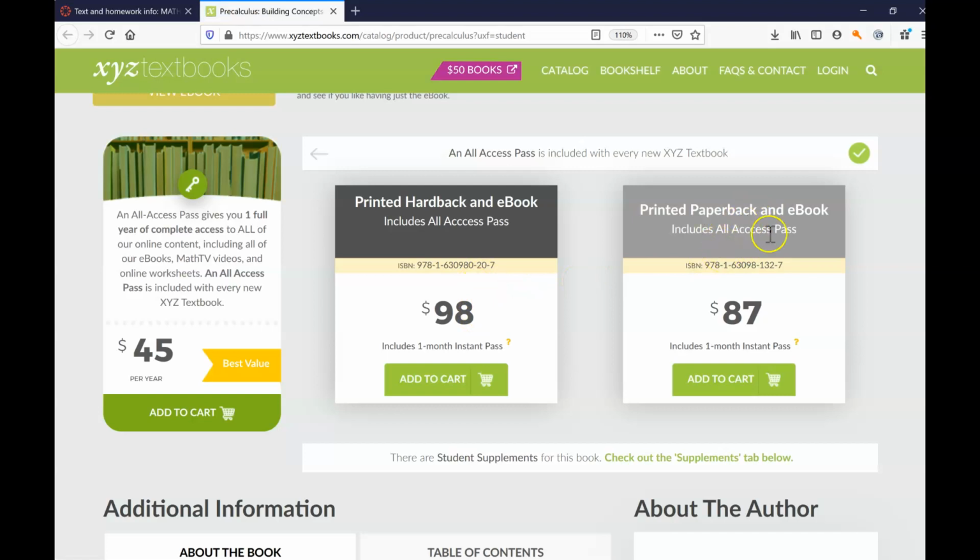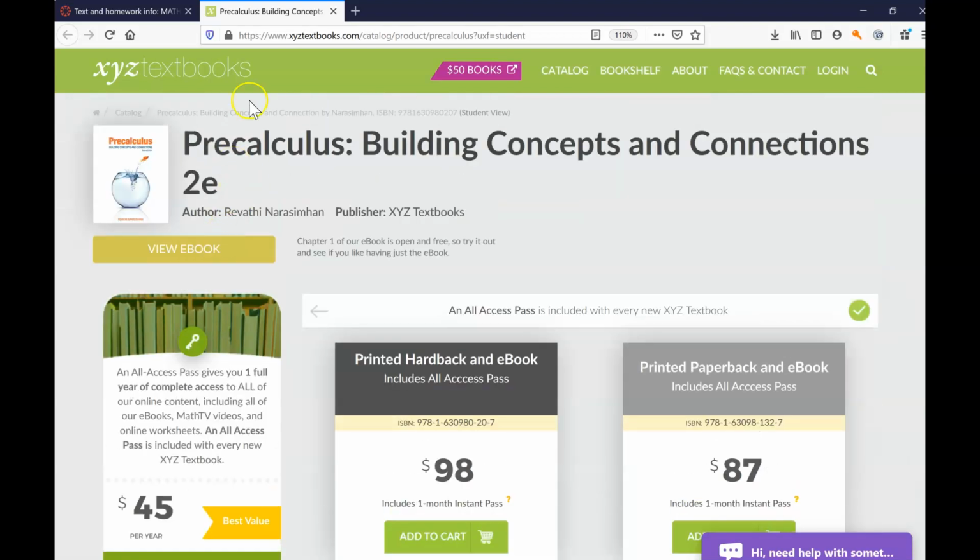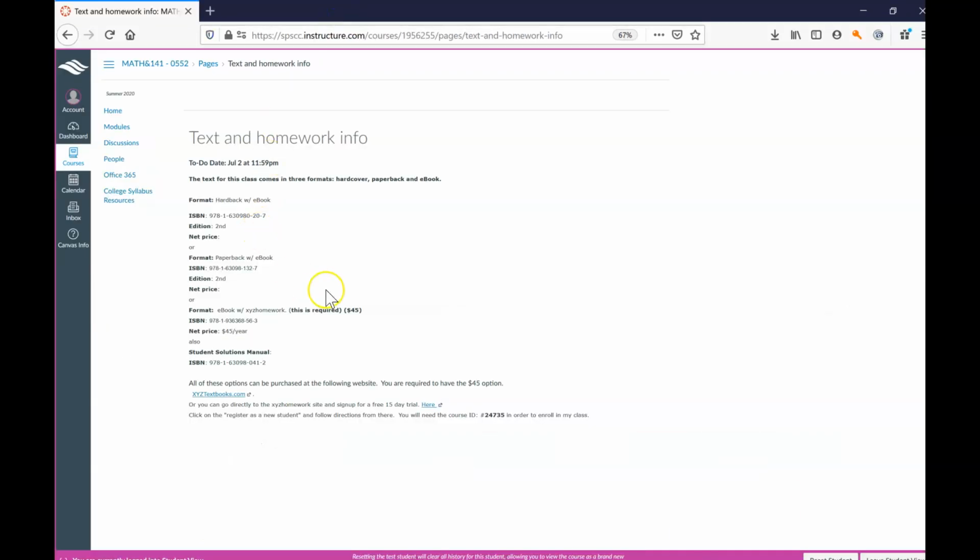This is this one over here. The $87 is the printed paperback. The $98 is the hardback, and then the $45 is just the ebook with the online homework. Okay, so that's that. The other option, of course, is it says down here you can go directly to the XYZ website and